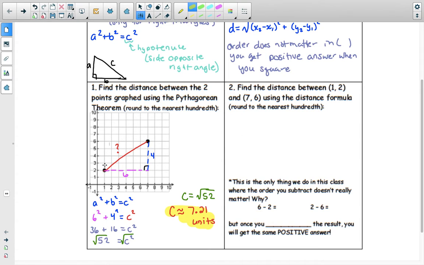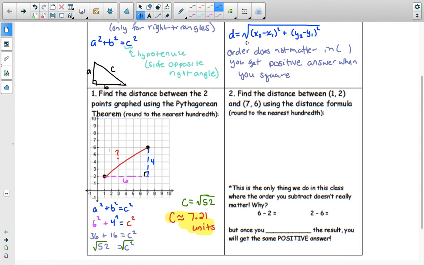Now this is a coordinate 1, 2, and the coordinate 7, 6. Question 2 asks us to find the distance between 1, 2 and 7, 6. So the same two coordinates, but using the distance formula. We're going to round the answer to the nearest hundredth. So we should end up with the same answer using the distance formula. So again, distance formula